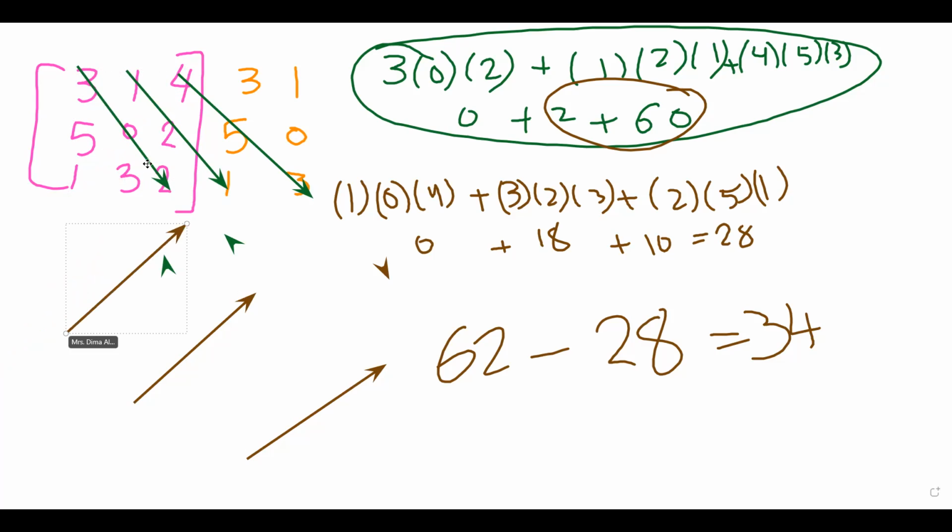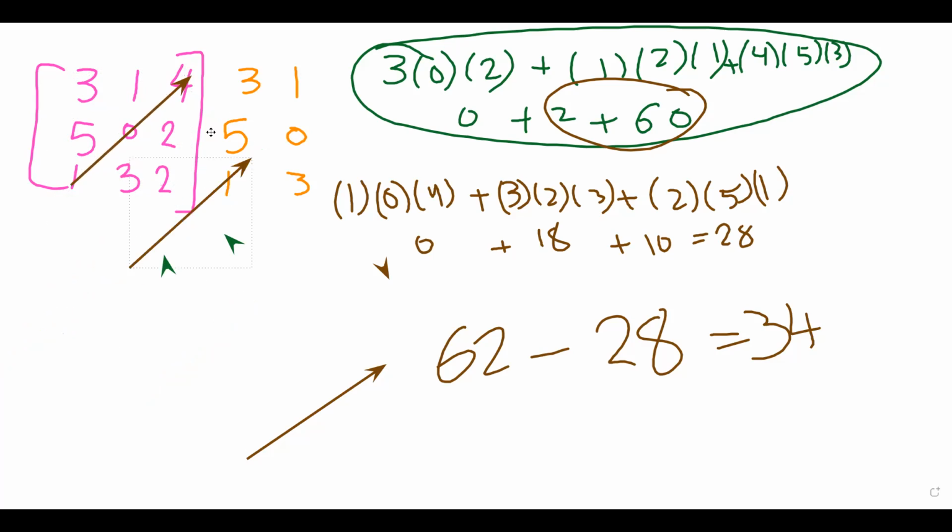Then 3, 2, 3. And 2, 5, 1. Multiply them. Then after that, subtract them. Don't forget, you must